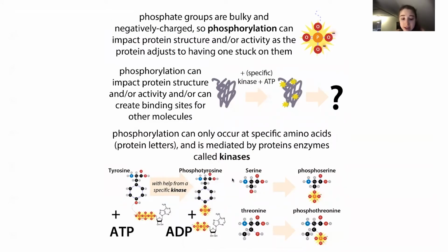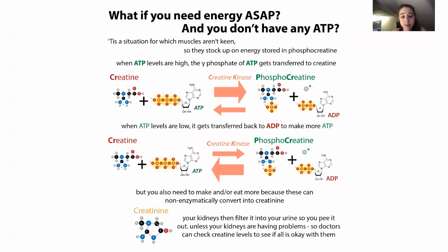So we can have protein kinases, but we can also have small molecule kinases, which are going to phosphorylate small molecules, things like creatine instead of big old proteins. And so in this case, we have this enzyme, creatine kinase. What it's going to do is take the ATP, take the creatine, and stick the phosphate group from ATP, this gamma phosphate, the end one, onto this nitrogen of the creatine to make phosphocreatine.